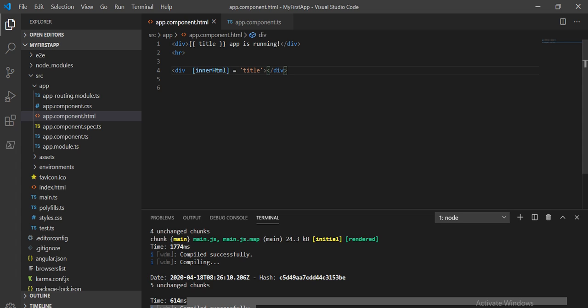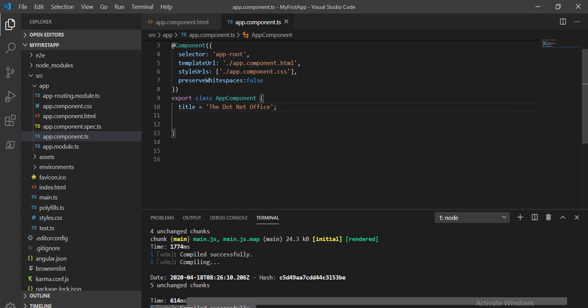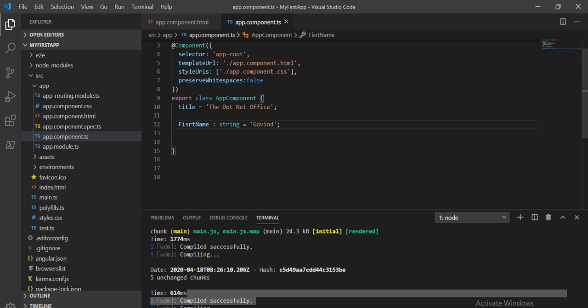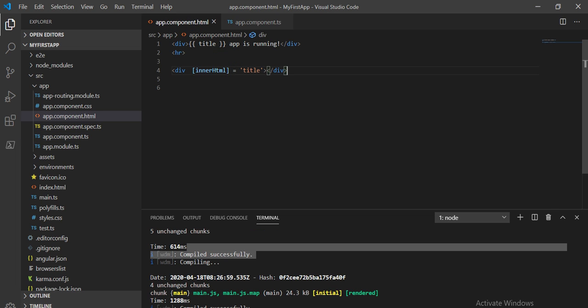Or if we want, I will take one variable like firstName, and I will take it as a string type, and I will assign Govin. Now assign this property value to another div, or we can assign this value to one span as well.